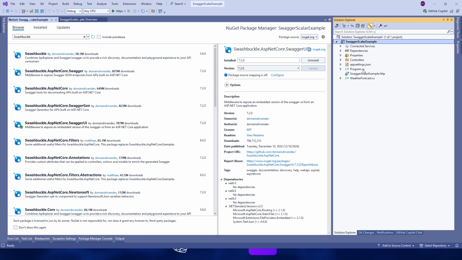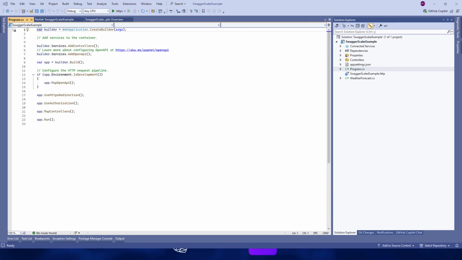Okay, the next step is to edit the Program.cs file. Below the line app.MapOpenApi, we will add app.UseSwaggerUI, options, SwaggerEndpoint, and you will need to send two parameters.